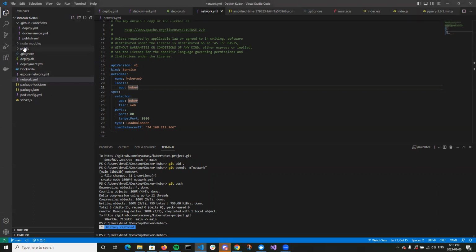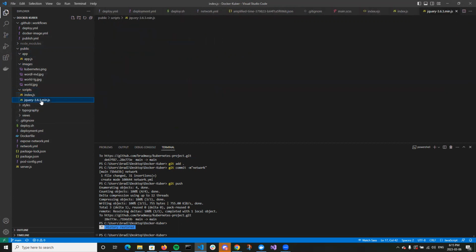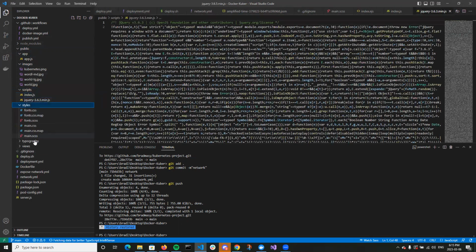So this is just the app. I went with what we were talking about the other day, when you said why don't you make a blog kind of thing. So I just started making it. I have a lot more content to fill in, but it's an Express-based app, a Node.js server. Here's our public directory with some images, scripts, some styling, fonts, and different views.